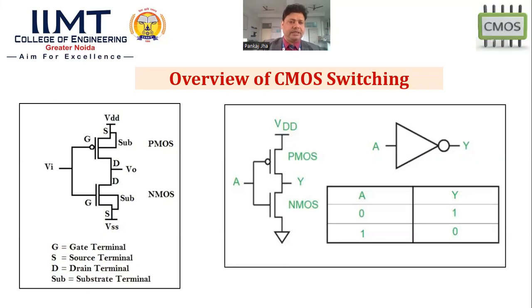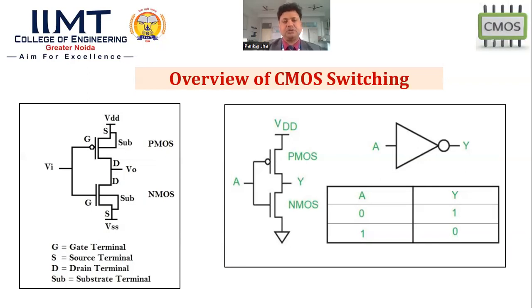Okay, so you can see here in the first circuit, I have made one PMOS and one NMOS circuit, where PMOS is connected with the power supply, that is VDD, and NMOS is connected with ground, denoted by VSS. G stands for gate terminal and V output is taken from the drain terminal of NMOS. So you can see here G represents gate, S represents source, and D represents drain terminal, where SUB represents the